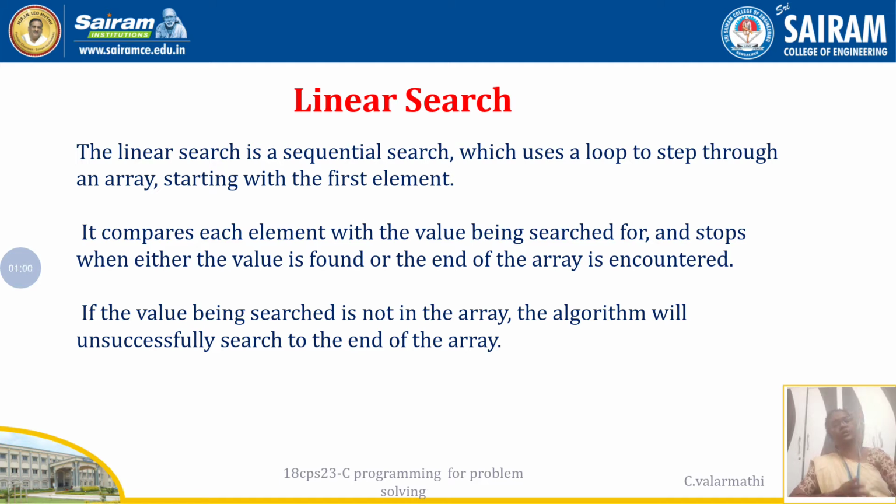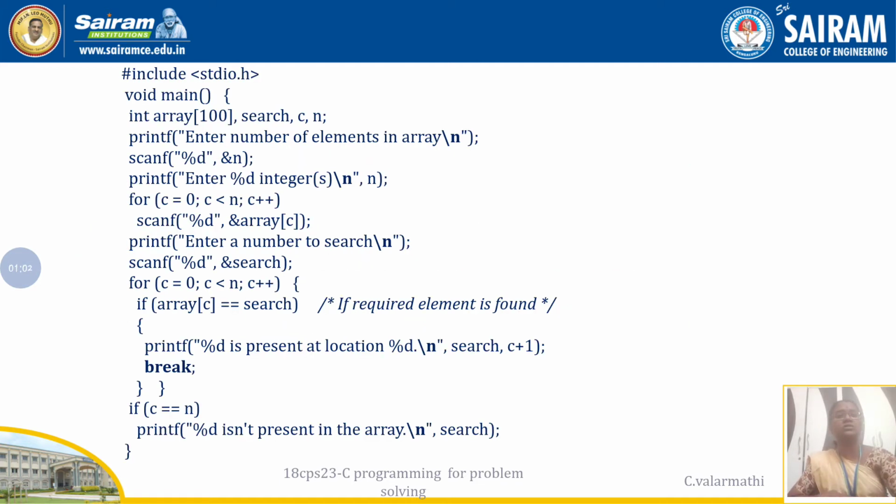Now we are going to implement this algorithm using C language. How can we do it? First we come to the C programming. The first step is the inclusion of a header file, which I have done. Then I have started my void main. Here we need three things: first, the list of elements, then the searching element, and the number of elements in the array. These are declared before going for my task.